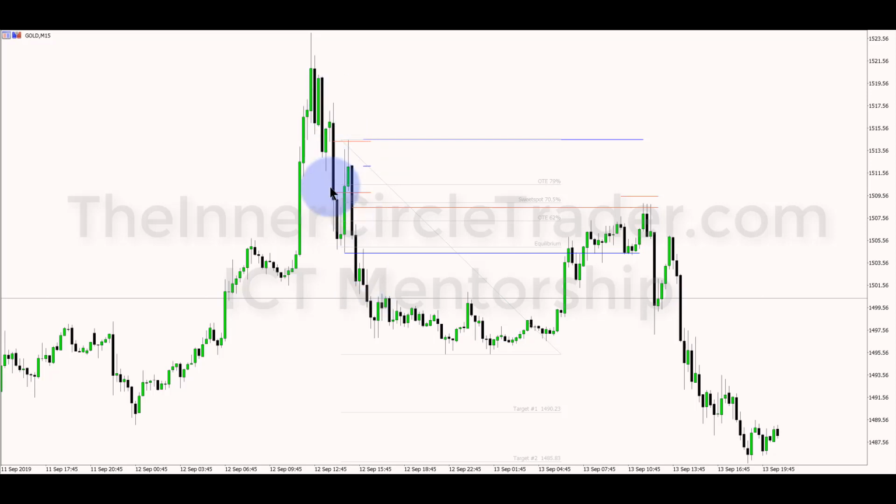Since this high to short-term low to this high, this has been rebalanced. We don't put our fib on this high. We use this one. Why? Because this swing has imbalances. This high rebalanced all these down close candles. Now these down close candles need to be rebalanced up to this candle's low, right at 1509 and 98 points. We'll just basically call it 1509.